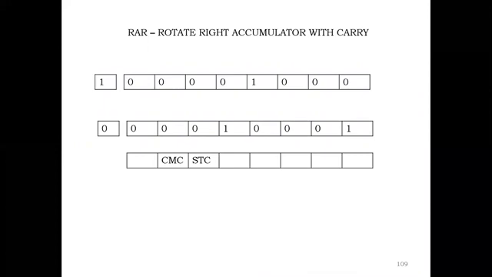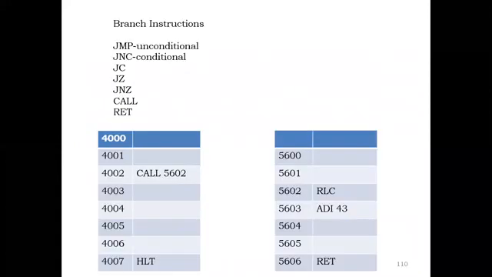Then branch instructions. So branch instructions are jump, jump no carry, jump if set, jump if not set, call and return. Jump means unconditional jump. We cannot write all the programs in one particular memory location. If we are writing the program in the 5000 location, you are using different locations for getting the input and output. For example, if 5000 is your program memory, you have to use 5400 as data memory, 5500 as output memory. Like that we need to define.